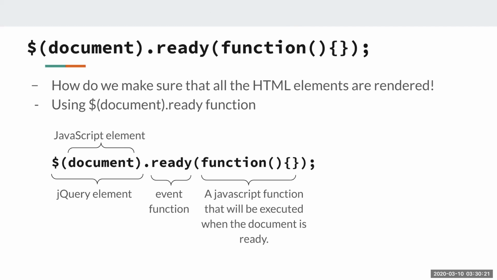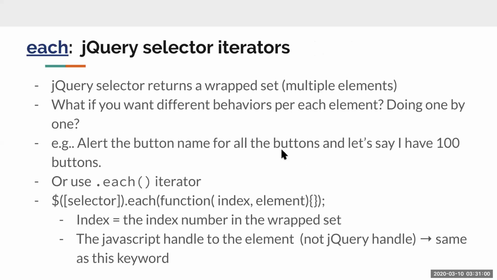So using document ready, you can specify any JavaScript code on top of the page, because obviously you would have to have the jQuery function included in your HTML file. But once you run the document ready function, that function will be fired after all the elements are rendered. Again, document itself is a JavaScript element, but we are making it a jQuery element by using the $ sign function. And then ready is like an event function, and then this is the event handler. Okay, so last thing,